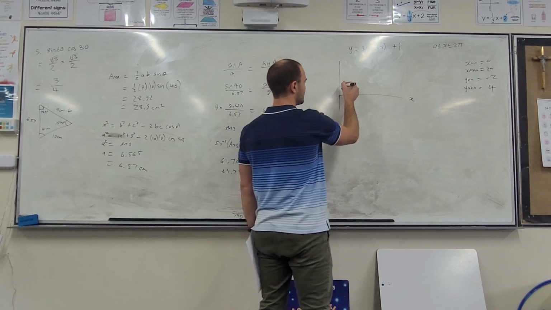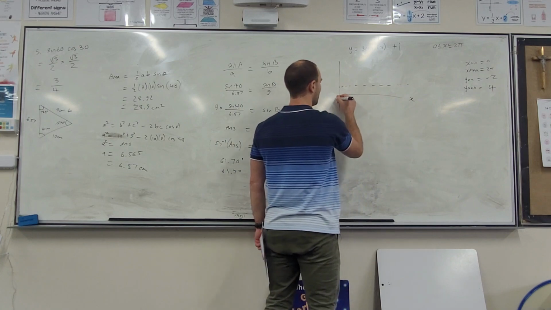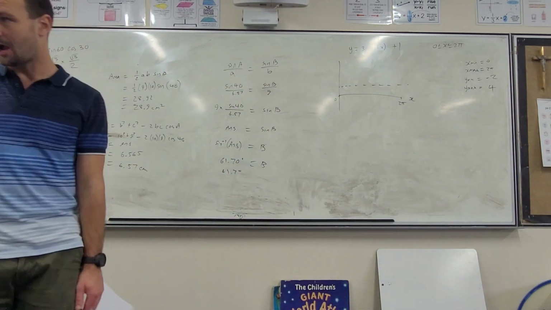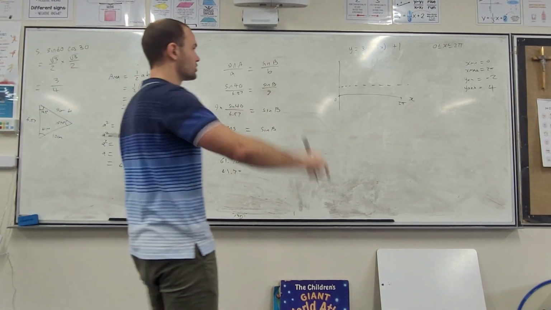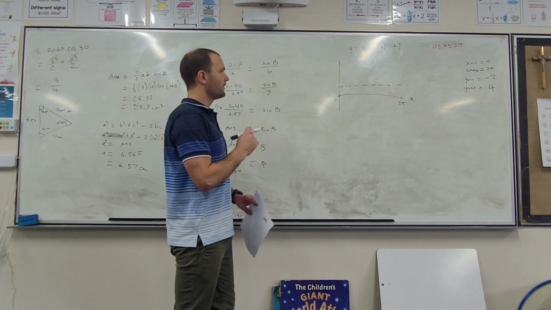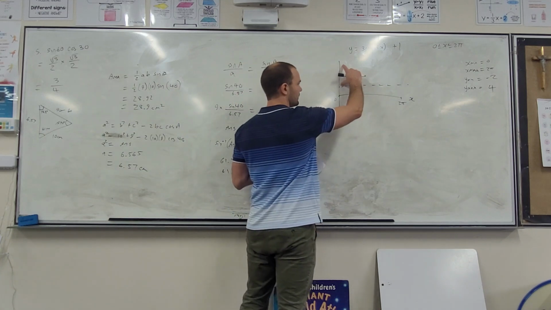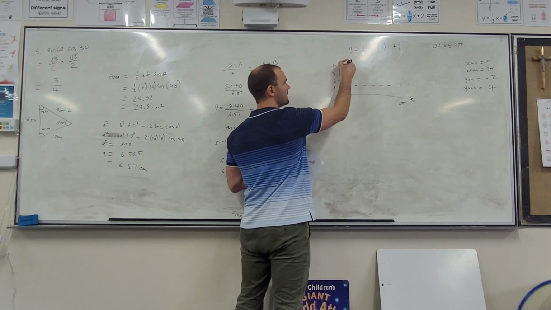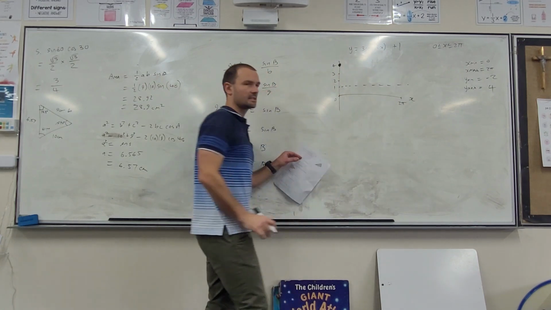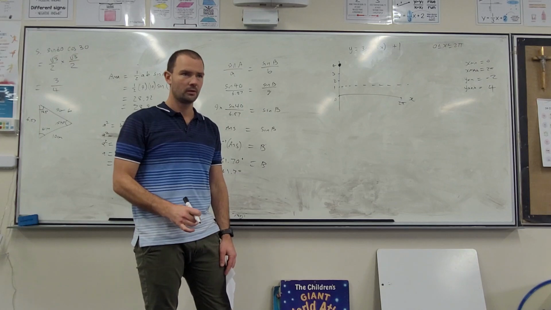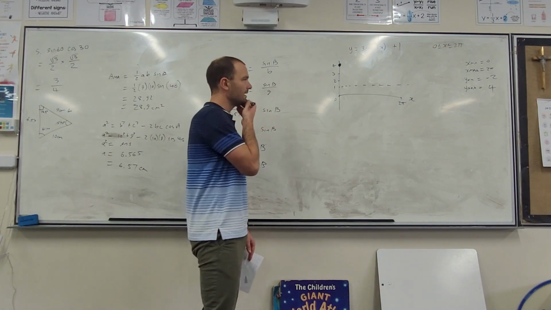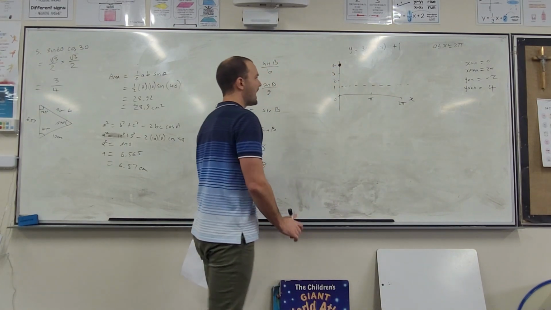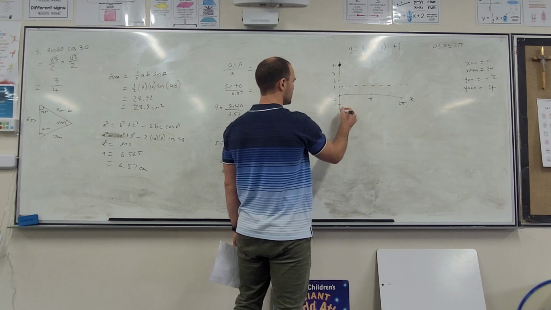Firstly, the principal axis is at y equals 1. Here's 0, here's 2 pi. So you can get this from your calculator, but I'm going to justify to you why I'm sketching it this way. The first thing is it has an amplitude of 3. So if this is 1, it goes up 2, 3, 4. That's going to be its highest point, and that's where it starts because it's a cosine function. A cosine function starts with a peak. So if that's 2 pi, then pi is going to be here somewhere,